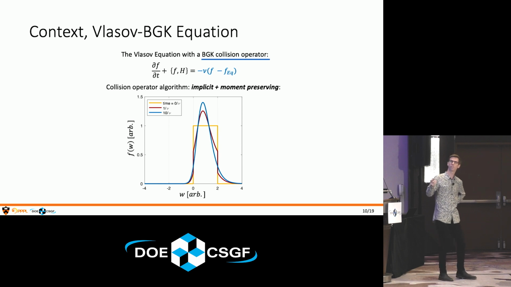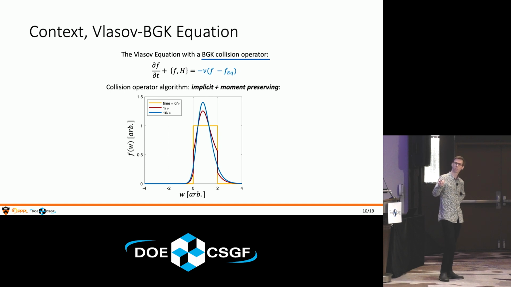So the final piece of physics, the final bit to our model, is a collisional term. We've added a BGK collision operator to the right-hand side. The BGK just means the form that we're taking for this collision operator. The nu is our collisional frequency. We have our distribution function f, which is going to be reshaped towards our equilibrium distribution by this operation. We've chosen an operator that's both implicit, so we don't have a time step restriction on it, so we can do things like compare these models to fluid models. And then we have moment preservation, so we don't end up losing density, velocity, energy